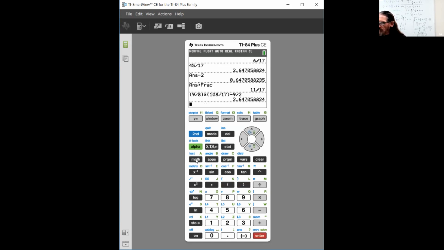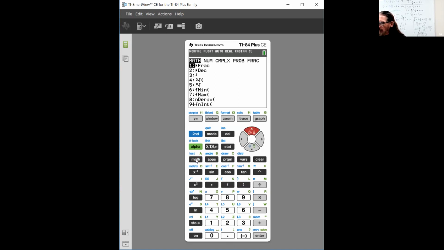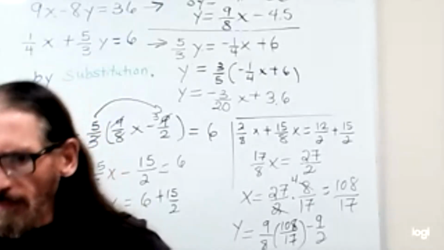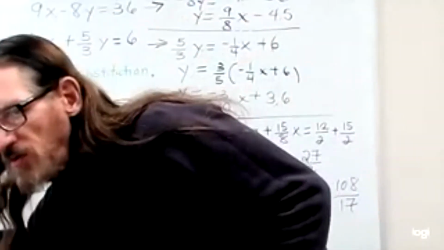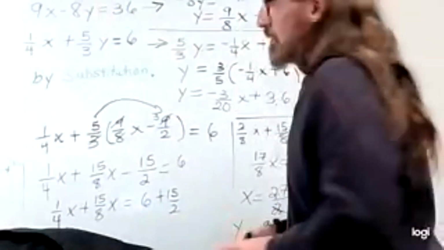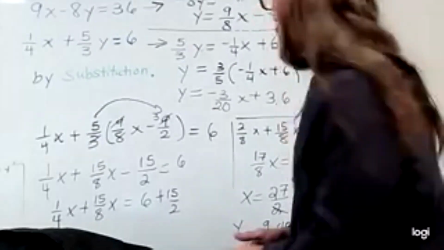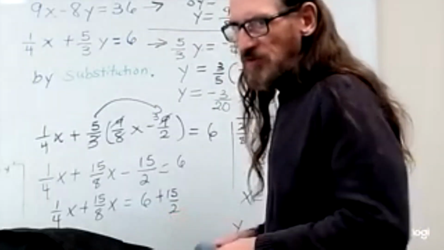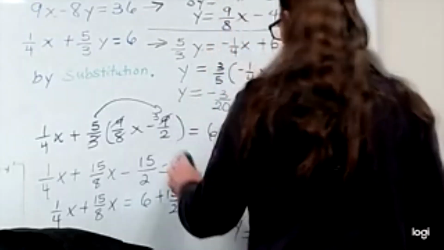And I can convert that back to a fraction if needed. 45/17, which is what we found for y. So same solution. Another option, by the way, this is not what I normally suggest. However, nothing is pretty about this question. So